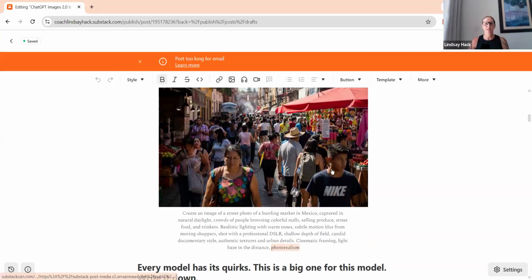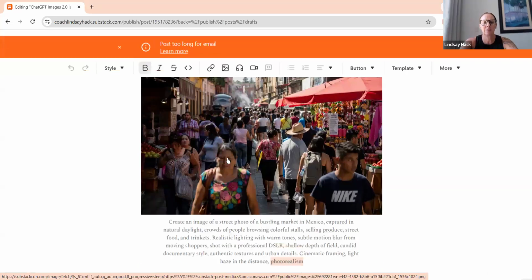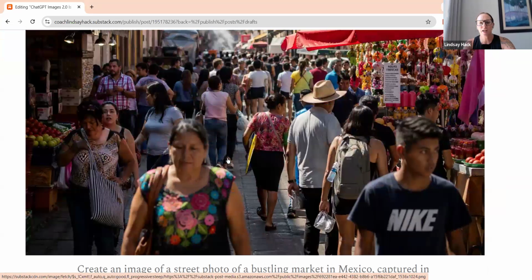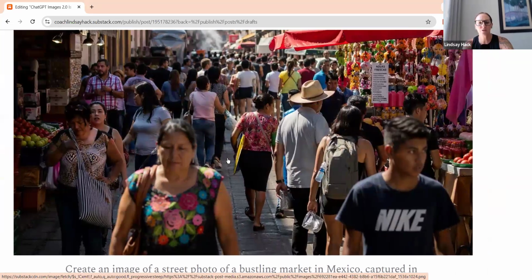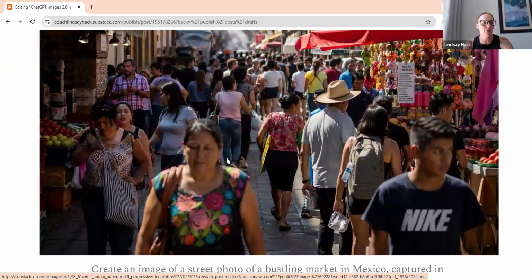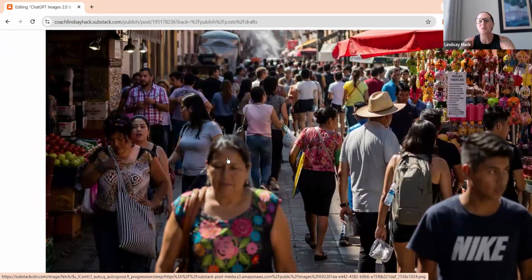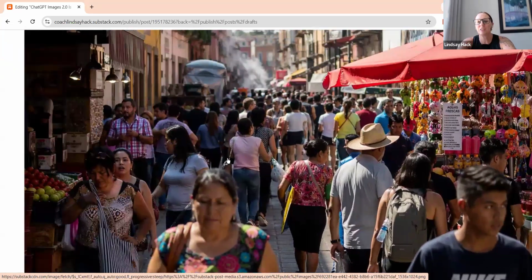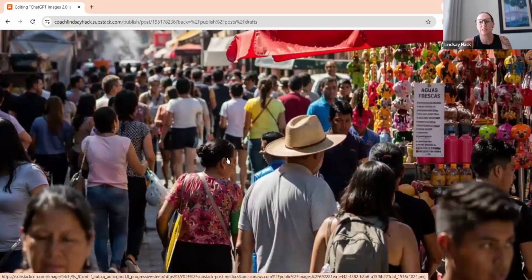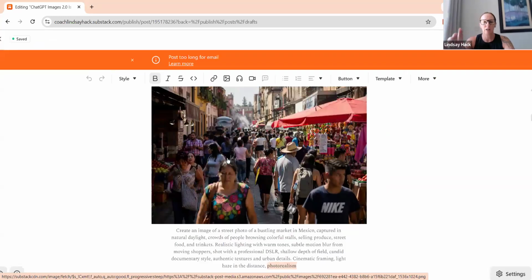I mean, look at this guy. Let me see if I can get this. Look at this. I mean, you can see the words on his shirt, on their backpack. You can see facial features all the way back there. Look at this. You can actually see Agua Fresca, this is what you've got here. It is just by far a better image. Okay, so that's the first thing.